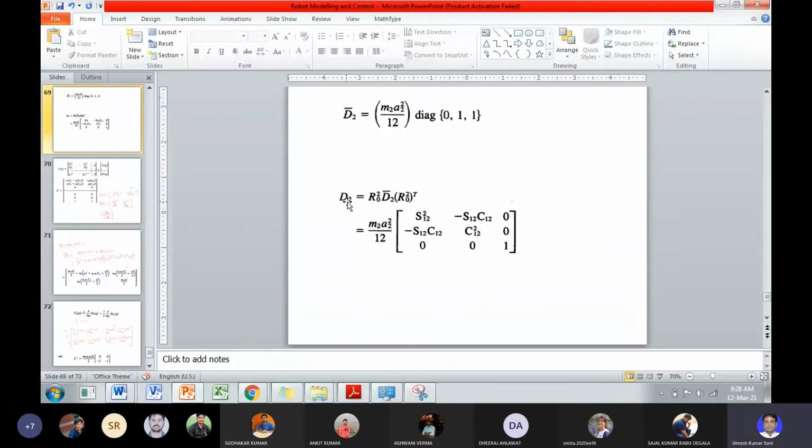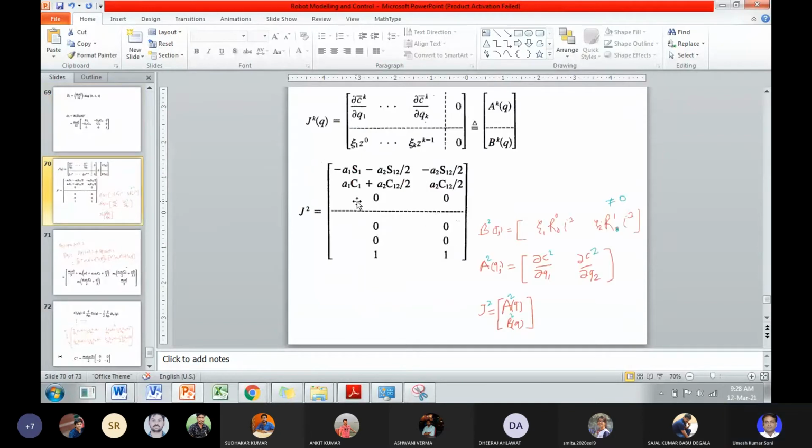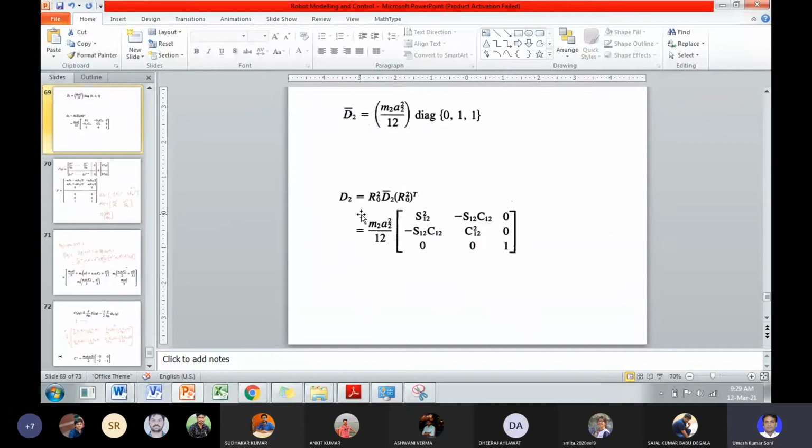So you have this d2, and from this Jacobian you have determined the Jacobian using the c, center of mass coordinate with respect to base frame, using the transformations r0 0 r1 0 and all. So you have a2 and b2 cube. Okay, so from here you determine these values. Okay, and a2 b2 you know from this Jacobian, and d2 you know from here.